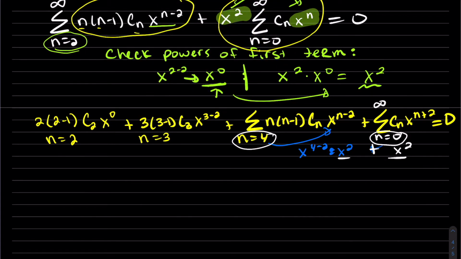And we'll find out soon enough that we don't want to write this, and we'll just want to do the math in our head. So this is 2 times 1, c2. The x to 0 is gone. This is 3 times 2, so 6c3 times x plus,